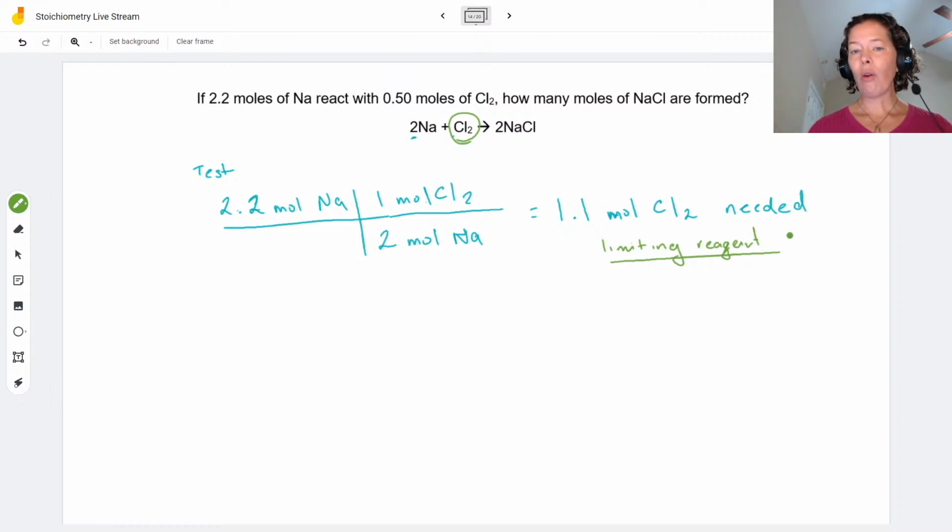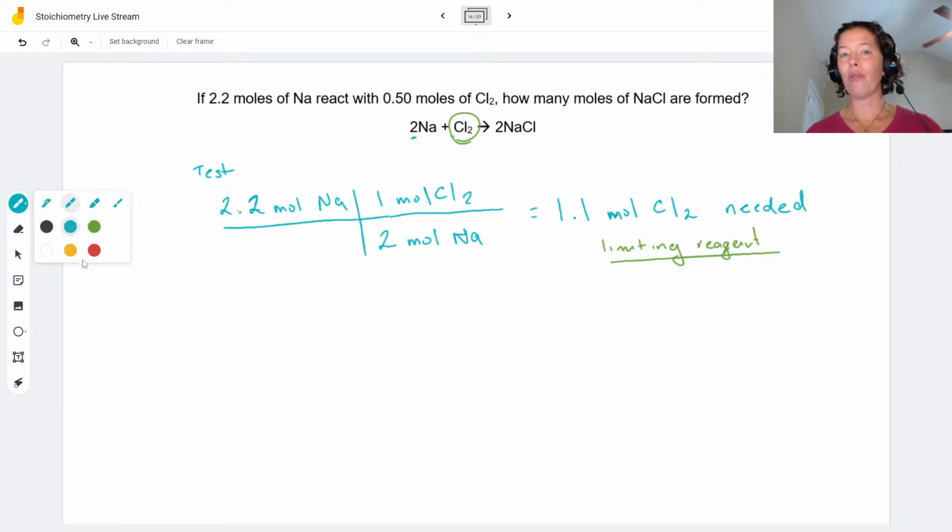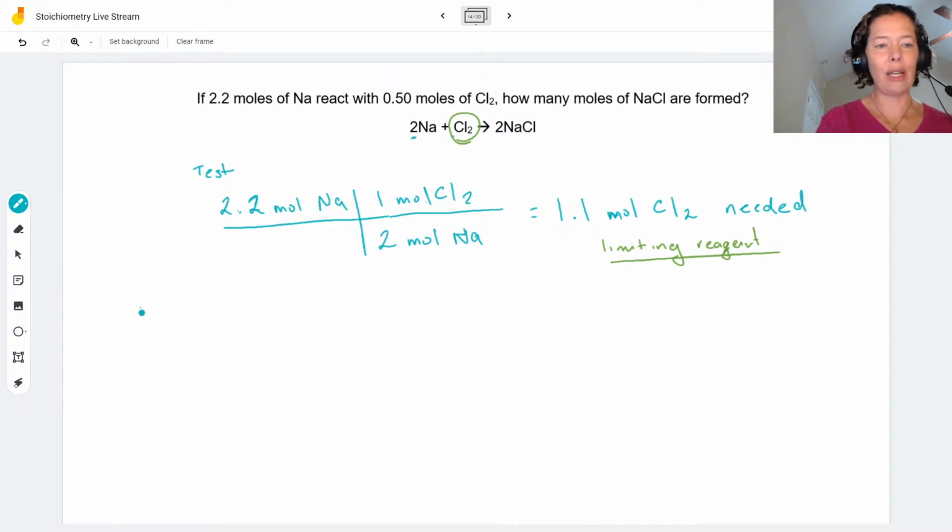Okay, this is all well and good, but you say, how do I know that I need to start with my 2.2 moles of sodium? You don't. You can actually test both of your reactants. I like to test both of my reactants if I have time, because it should confirm that I have chosen the correct limiting reagent. So instead of starting with my moles of sodium, I'm going to start with my